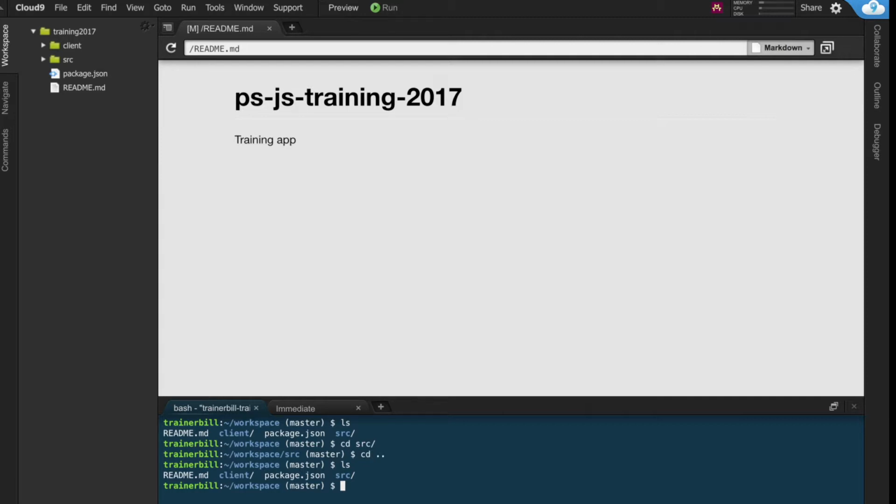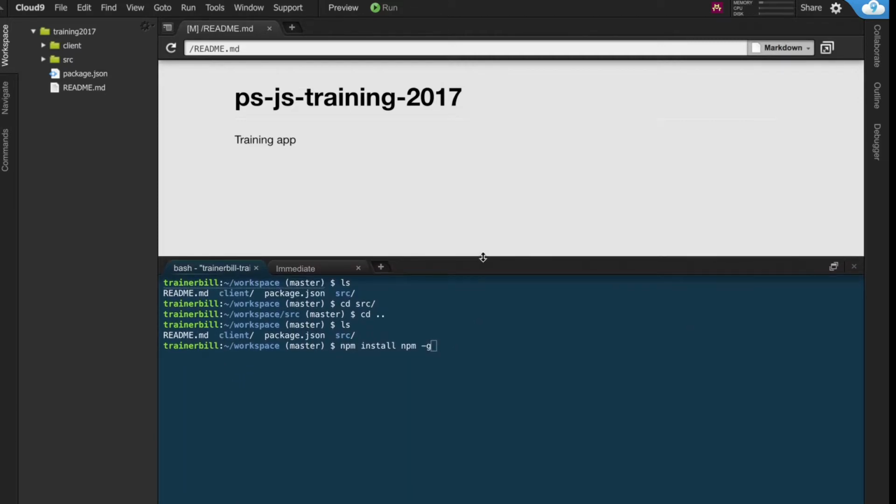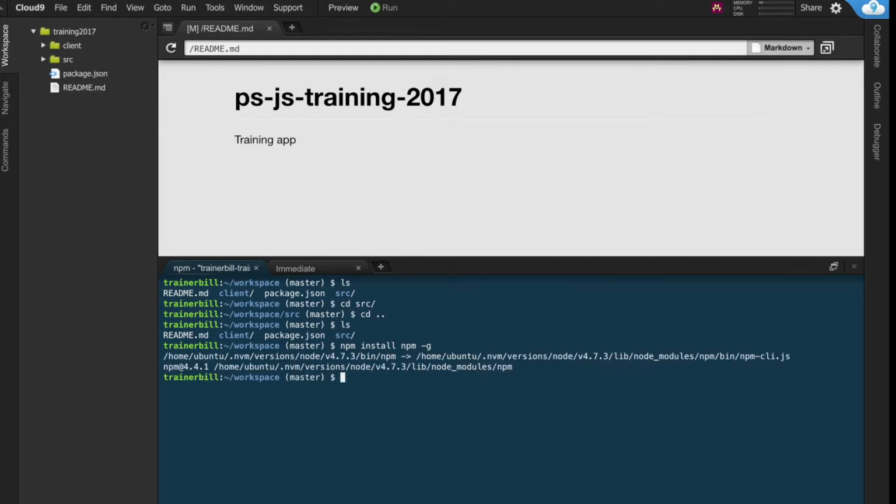All right, so the first thing we need to do in a Node.js application is execute npm install. But first, we actually need to upgrade the npm version on our C9 workspace. So we're going to do npm install npm -g. All right, so once that command's done running, we are going to execute the npm install